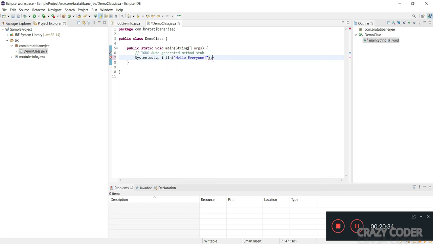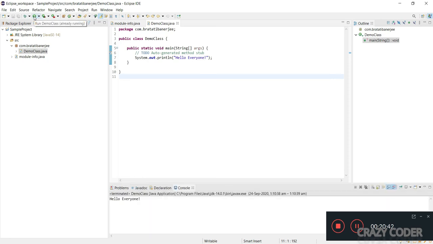Don't worry, I'm going to describe all these things in detail in my next videos. So yeah, now I will run my project, and wow, so Hello World is printed in the console. So this is what the console area is. So here whatever we are printing or whatever we are doing in our project, we can see the output over here, right?